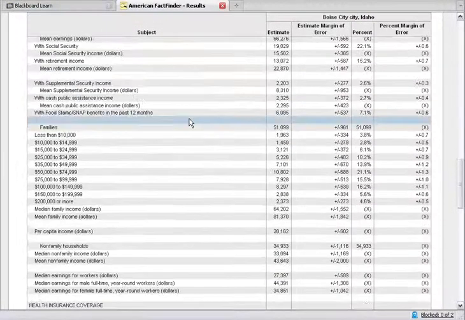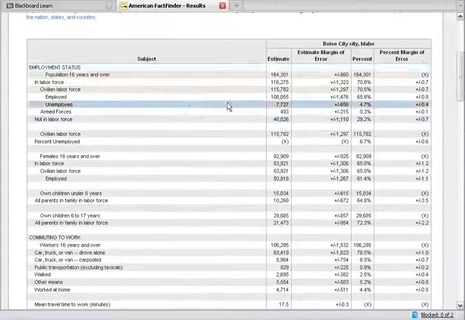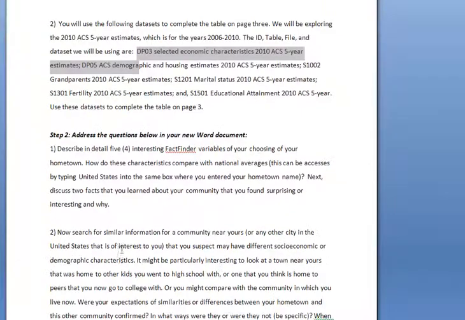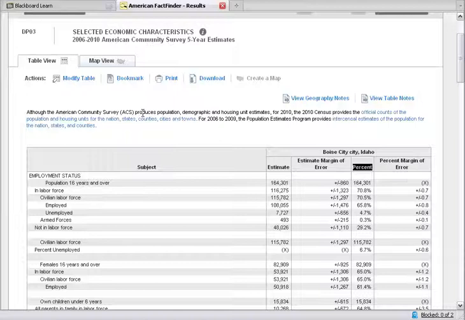and there's all these different variables in here that we could collect. And you also notice that there's these estimates, margin of errors, percent margin of errors. Don't worry about that. We're always going to want to be collecting the percent. So the first variables that we want to collect, if we go back to our assignment here, we'll notice is we want to collect the median household income and the mean household income. So if we go there, and that just so happens to be our DP3 that we just opened up,